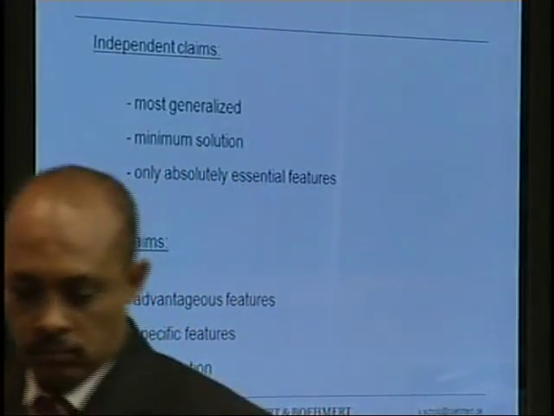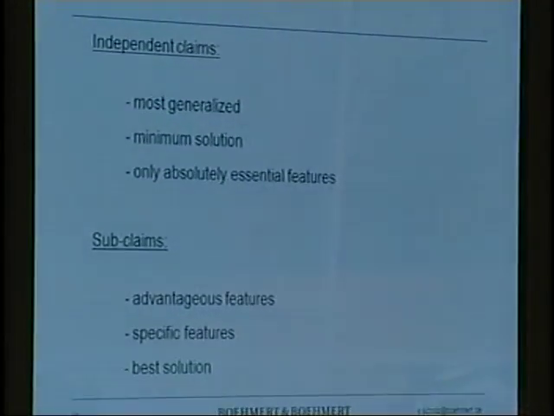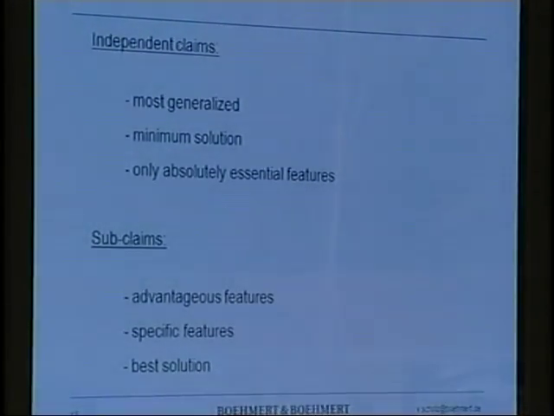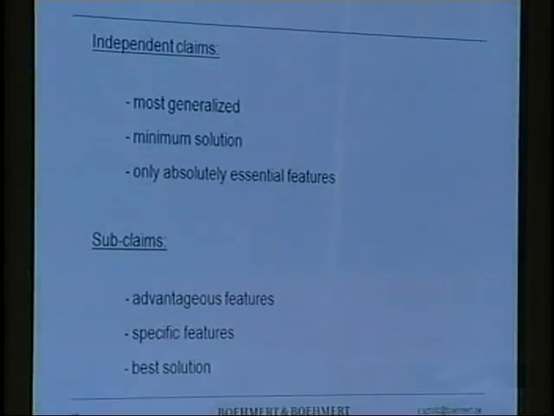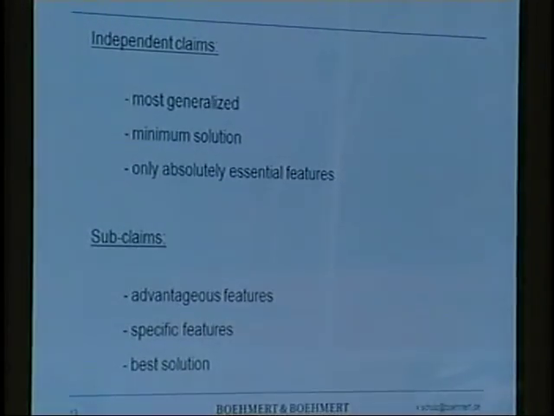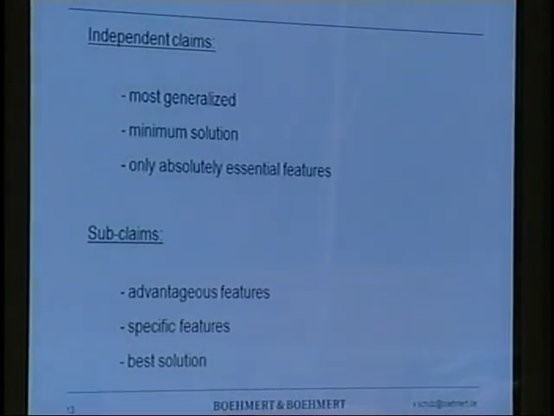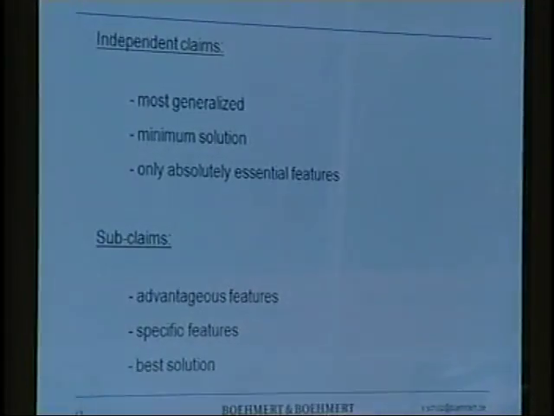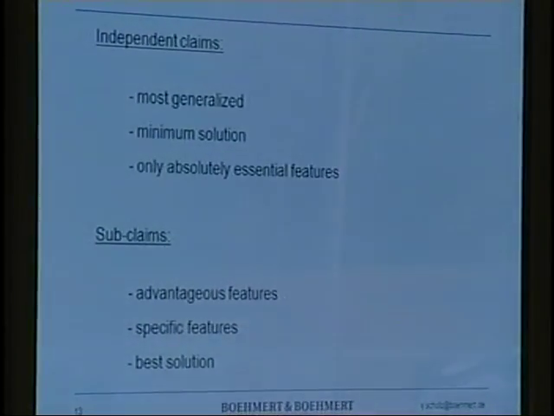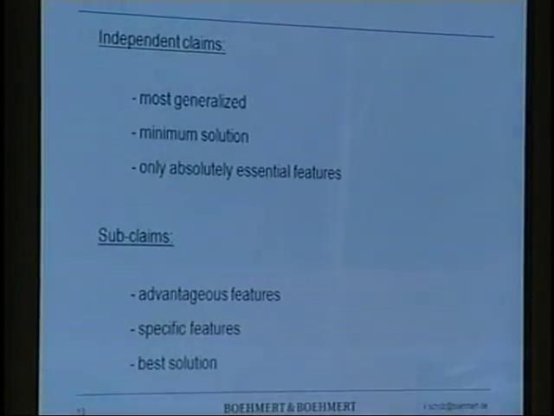The independent claims should relate to the minimum solution. That means it shall only disclose the features which are absolutely necessary. And in the subclaims, which are then dependent on such independent claims, the optional or preferred features should be stated. And somewhere in the subclaims, usually, you will find the best solution, so the solution which provides the best